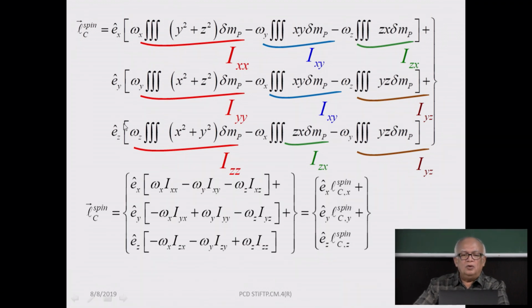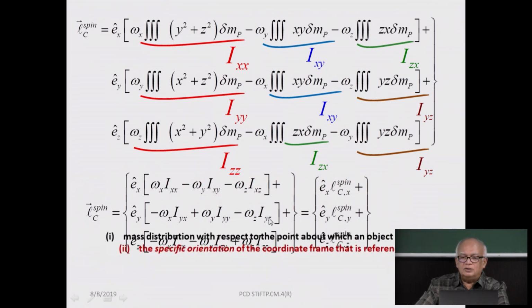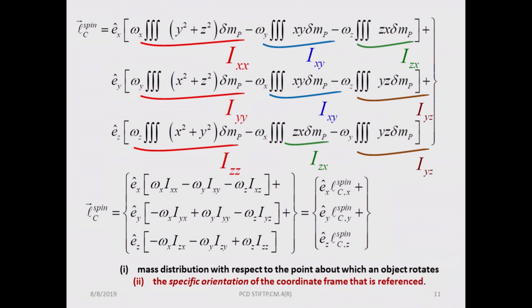So you can write the spin angular momentum using this compact notation Ixx, Ixy, Izx. So they come over here, and you have components along ex, ey, ez, and you can interpret this as the component of the spin angular momentum about the x-axis. Okay, so this is the component of the spin angular momentum about the y-axis, which is the sum of these 3 terms. So the moment of inertia tensor, which is made up of these 9 coefficients,